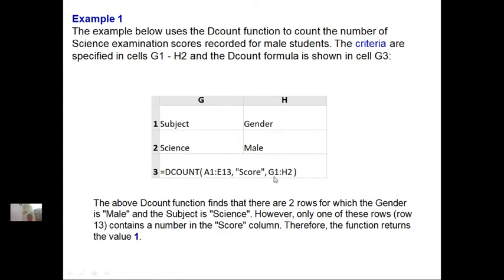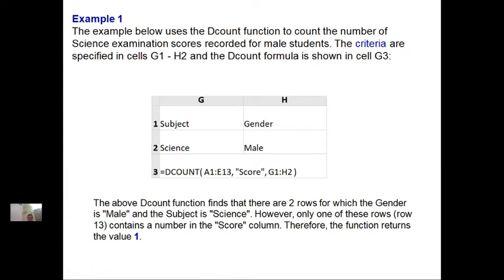He is taking the field score and the criteria G1 colon H2, that is, subject is science, gender is male. So the above DCOUNT function finds that there are 2 rows for which the gender is male and the subject is science. However, only one of these rows contains a number in the score column. Therefore, the function returns the value 1.